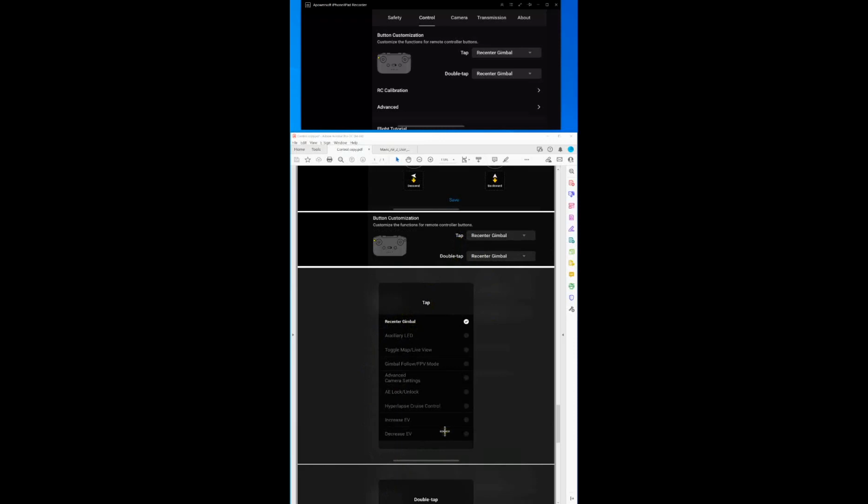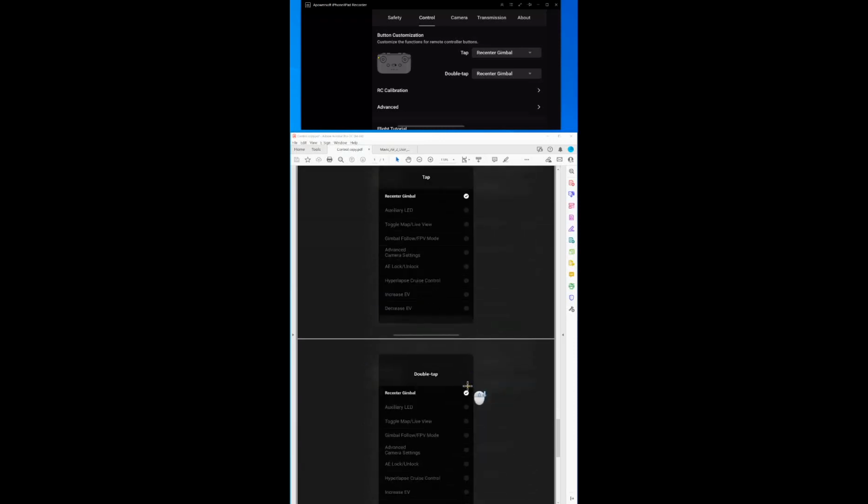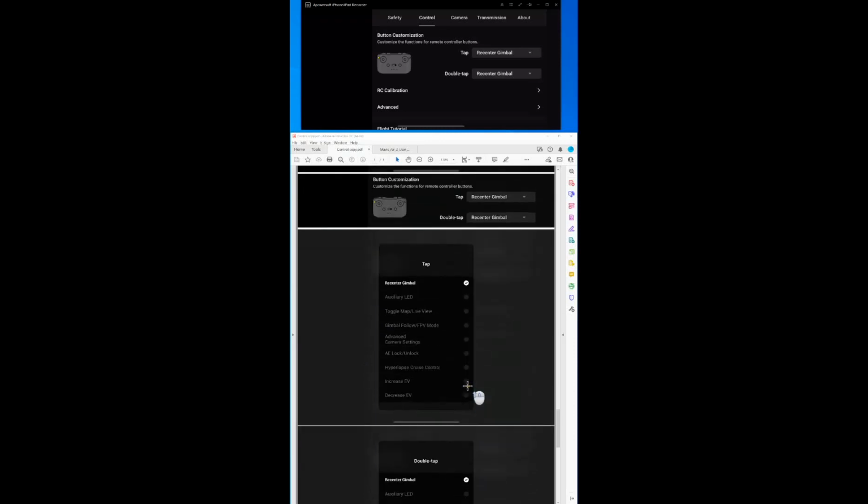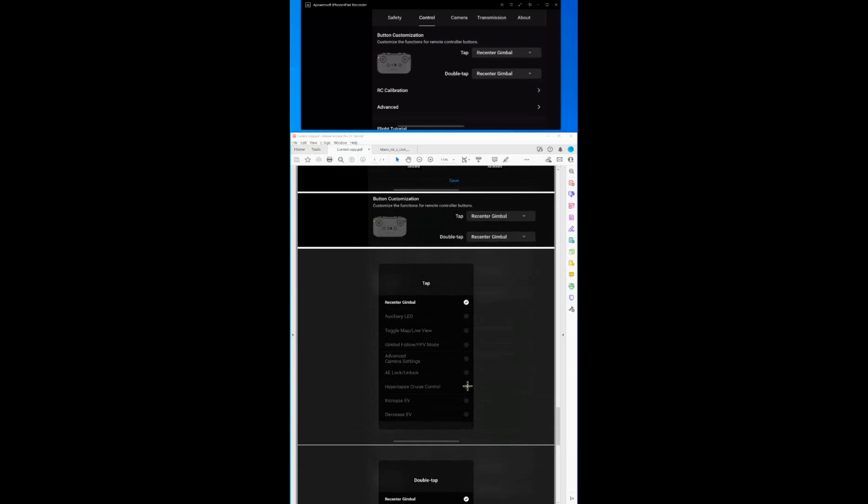The same settings can be set for your double tap. On both of them, when I tap that, I want it to recenter my gimbal. Now you have all these other options you can get that little button to do. Okay,